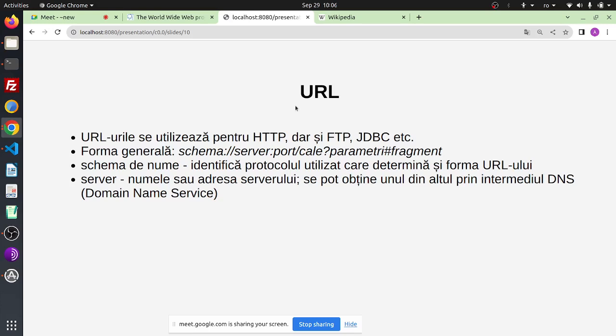Now, what is the server part? Well, it is either an IP, but that's really, really rare, or a name. So how does my browser know who to communicate with? Right? So when I write www.google.com,